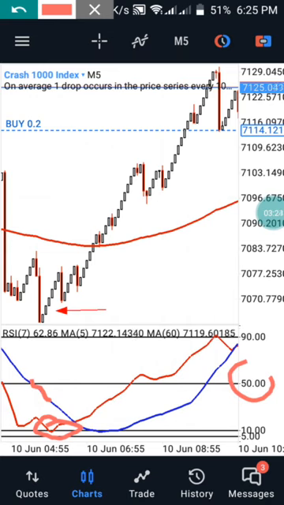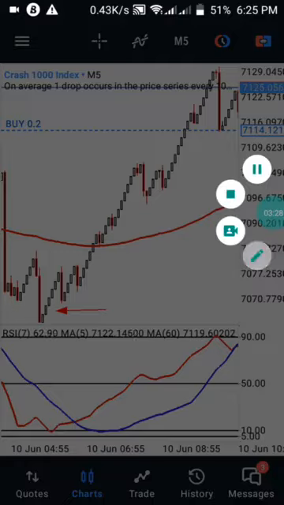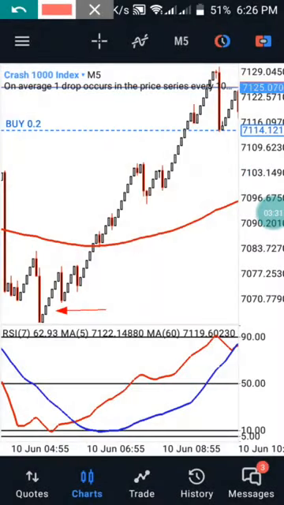Let me explain again. The first thing you need to do is be very patient for your red 9 to reach the 10 level. Immediately it's reaching the 10 level,